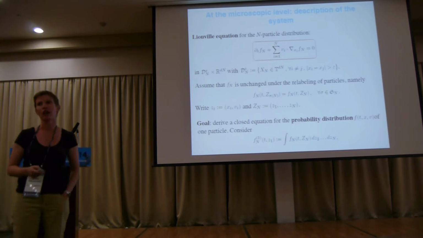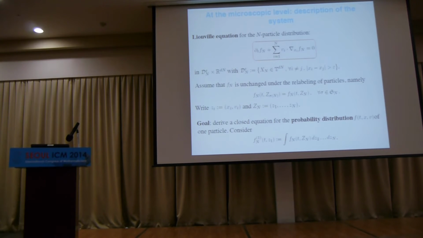So how do you describe the system? Well, as I said, we want to know exactly at time t how many particles have positions x1, x2, ..., xn, velocities v1, v2, ..., vn. So I'll call F_n the n-particle distribution of my system. Okay, and this satisfies a simple transport equation, right? Because my particles are just transported through straight lines. But the phase space here is not the whole space in x and v, because you have this exclusion condition saying the particles do not overlap.